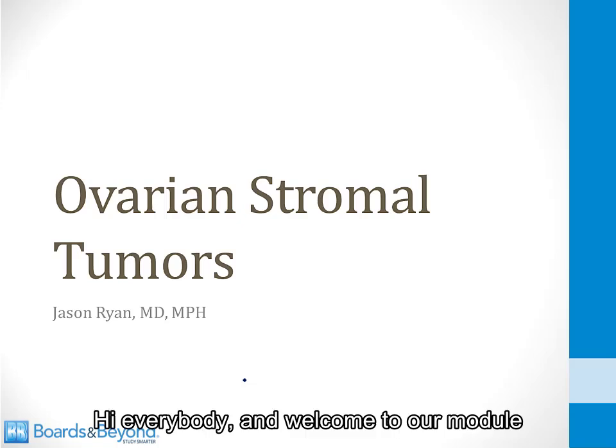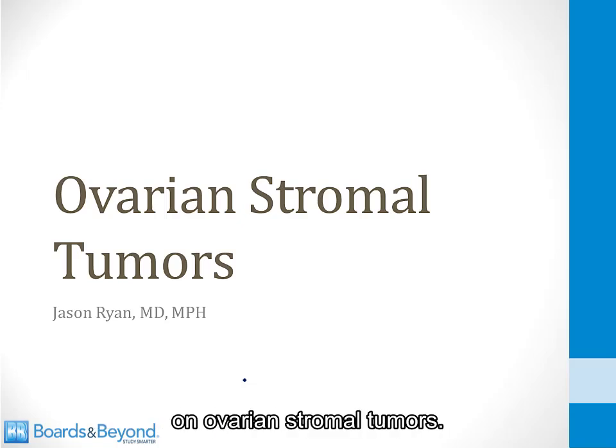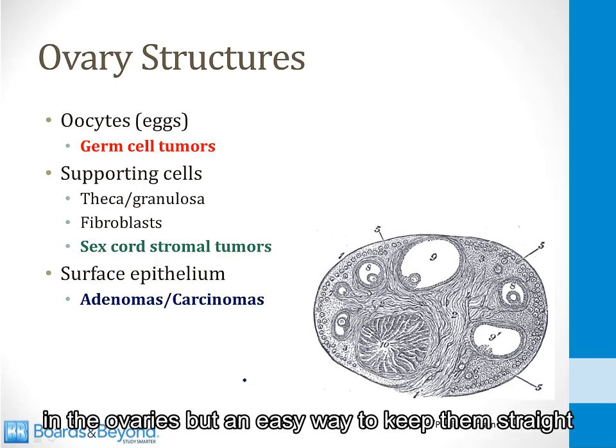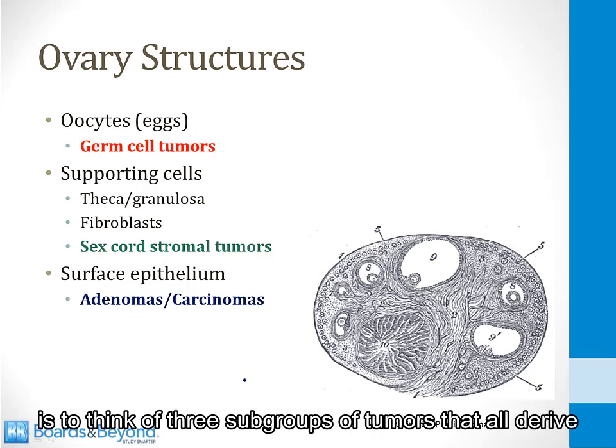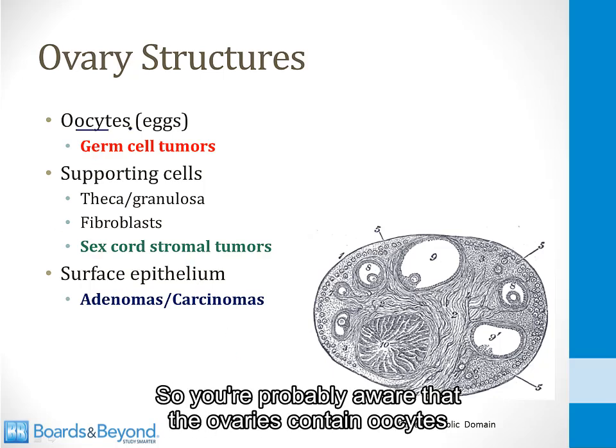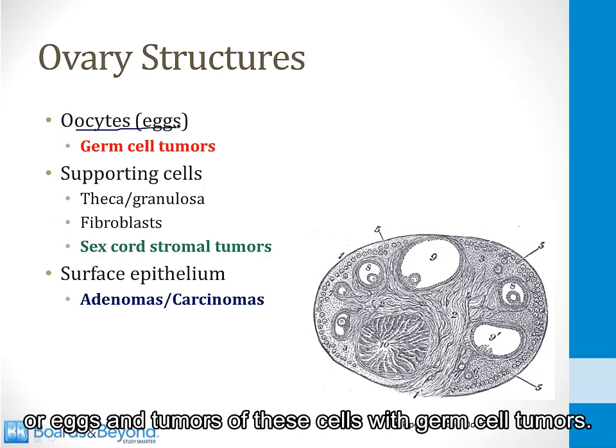Hi everybody, and welcome to our module on ovarian stromal tumors. There are a lot of different tumors that can occur in the ovaries, but an easy way to keep them straight is to think of three subgroups of tumors that all derive from the different structures normally found in the ovaries. So you're probably aware that the ovaries contain oocytes or eggs, and tumors of these cells lead to germ